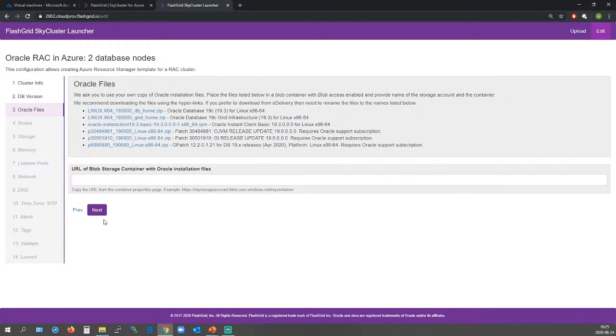Next is an important step. This is where, based on the selection of the database version at the previous step, we determine the list of Oracle installation files that you need to provide to create the cluster. Like I mentioned, the deployment is fully automated, and that includes installation and configuration of grid infrastructure and Oracle database software. However, we do not distribute Oracle binaries, so we ask you to get your own copy from Oracle's website, and